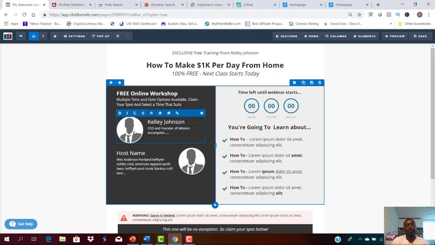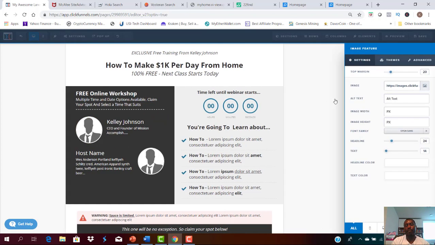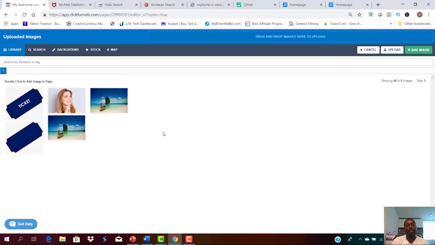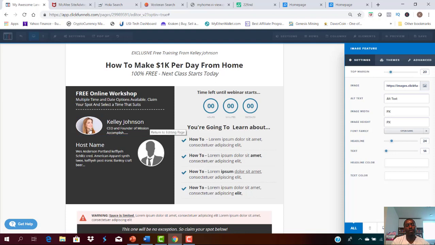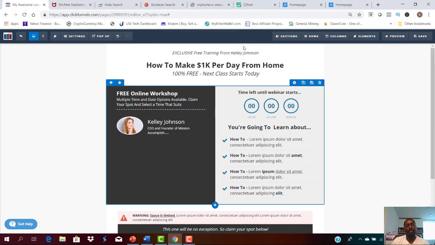And then to fill in the image on the left, we place our cursor on it. The element orange box appears, click on settings, and you have your image. So we click on this button here, and then if you have an existing image that you've already uploaded, you simply select it and you say add image, and it then appears in this slot here. We don't need the host name here again, so we look to delete this. And okay,